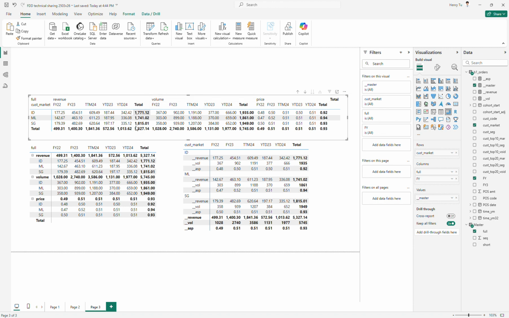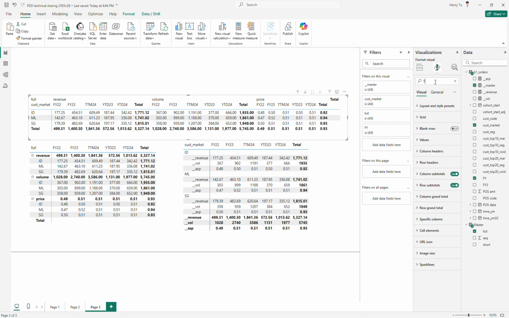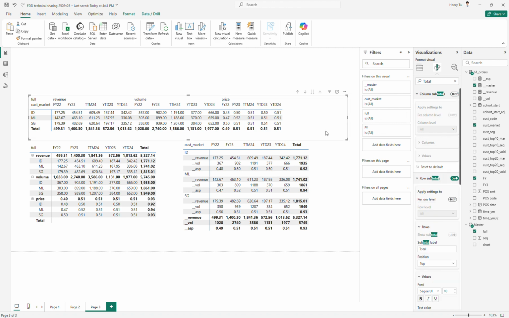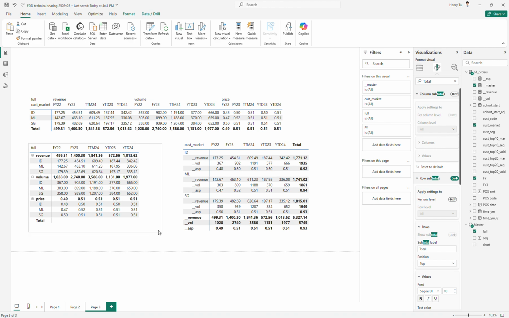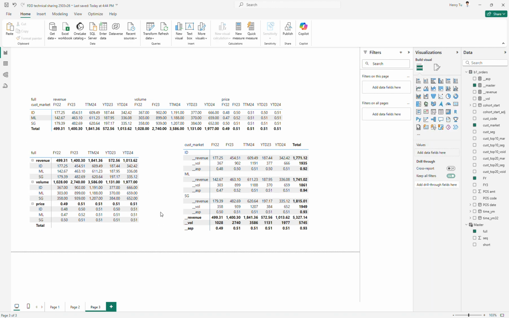I think I can remove the total columns in here because they don't make sense to me at all. So how about I go to total here and then remove the total. Therefore, the column will be a little bit better to me. Yeah, and that's it. Okay, so now you can have the revenue in here already, and then you have the volume in here, and then you have the price in here,